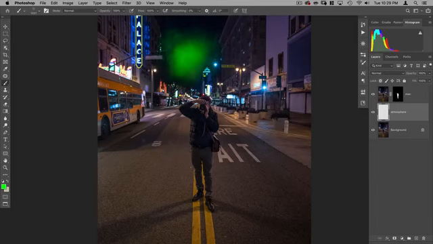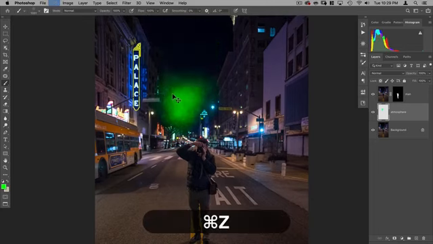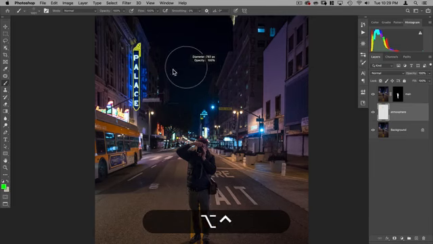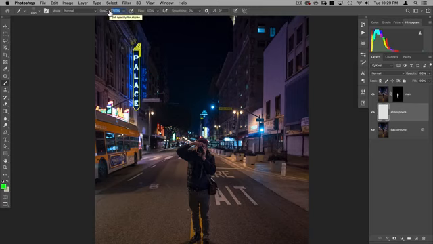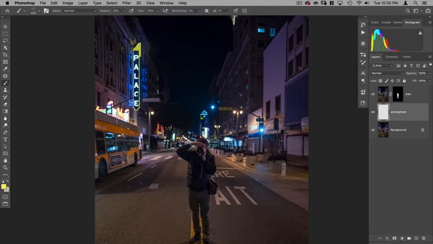And let's go ahead and just paint. Okay, so you can see what our brush is going to do. It's creating this fog, and that looks pretty nice. I'm going to take down the diameter. I'm also going to take the opacity down to 35. And then what we're going to do is basically hold down Option, select the color here, and then paint over it with that color. And we're going to do that to pretty much all the lights in this scene.